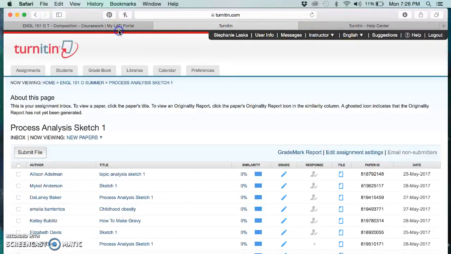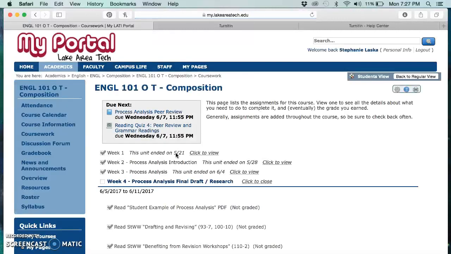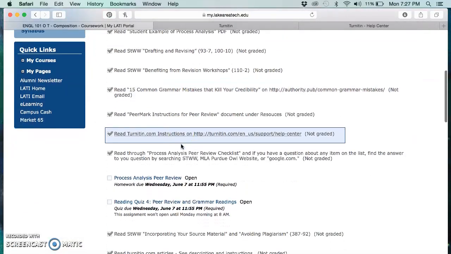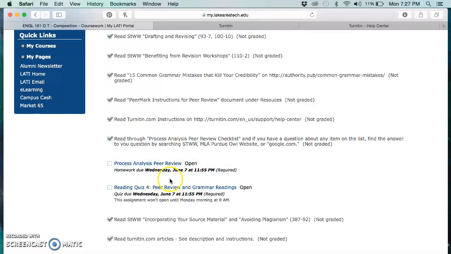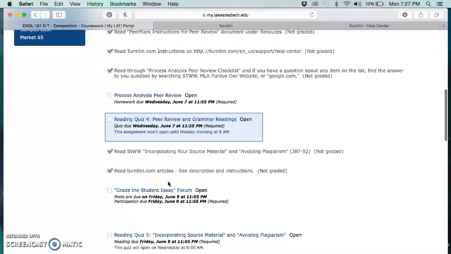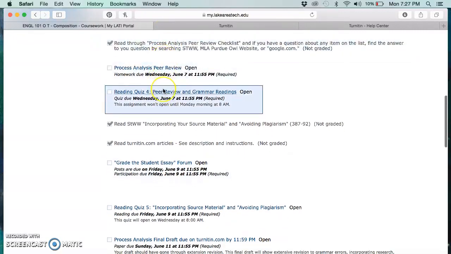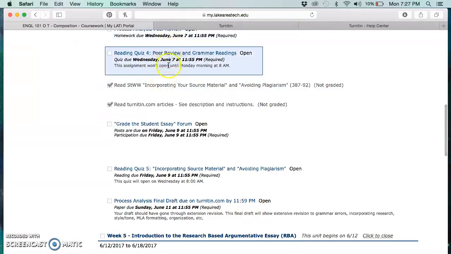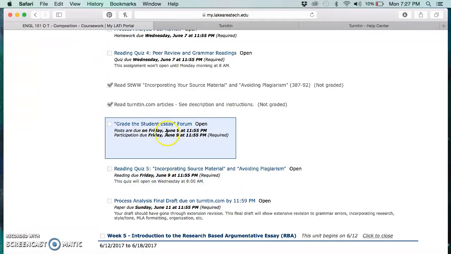Then if we go back, we're almost done here, looking through some of this coursework for week 4. All of the assignments are going to be due on Wednesday, Friday, and Sunday as usual, but the actual written assignments, the things that you need to do besides read, those are coming up on Wednesday. So make sure you're getting through all of this material before Wednesday so you have kind of an idea of what's going on then. And then these will be on Friday, June 9th,